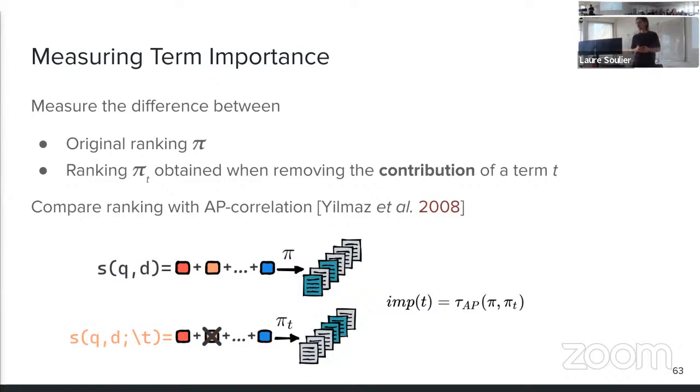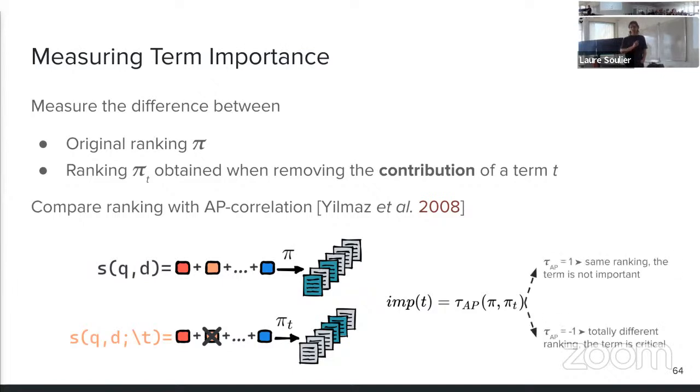To compare these two rankings, we compute a correlation. We use the epic correlation, which is similar to Kendall's tau but gives more importance to top positions. If it's equal to 1, it means the rankings were the same, and so the term is not really important from the model's point of view.